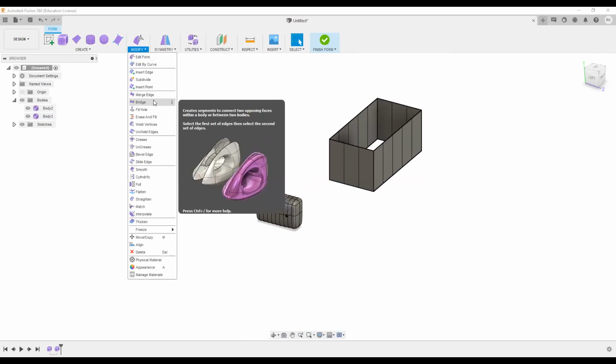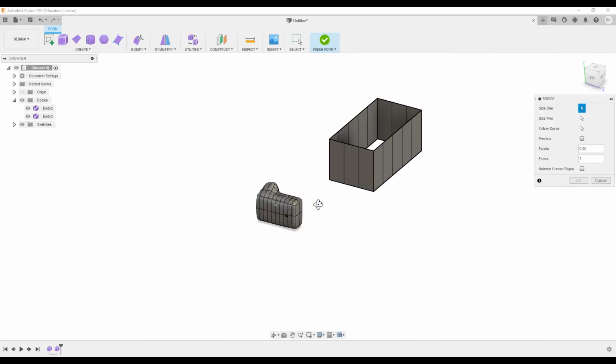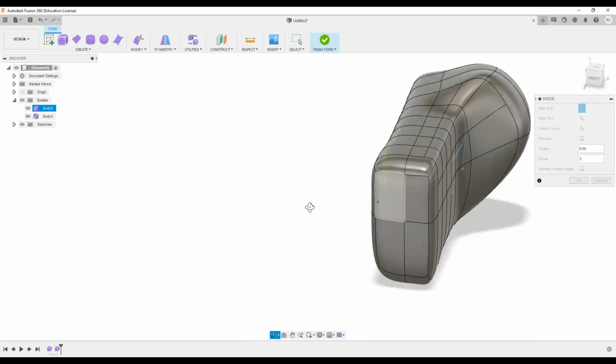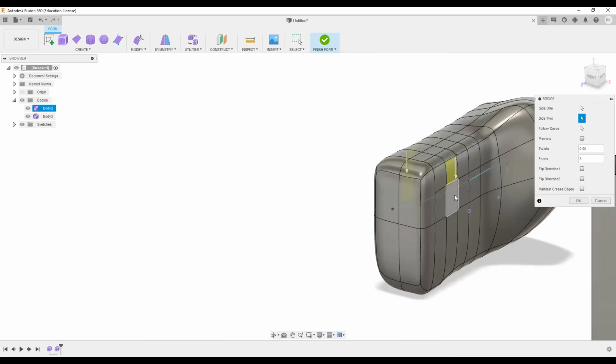Then there is this bridge tool, which is also, if I have to take two sides like this and this.